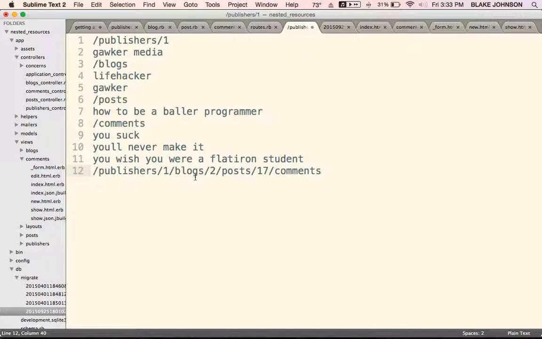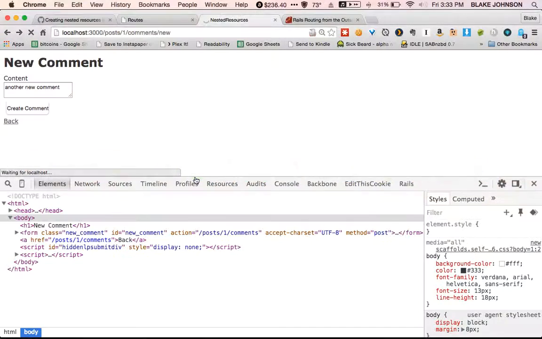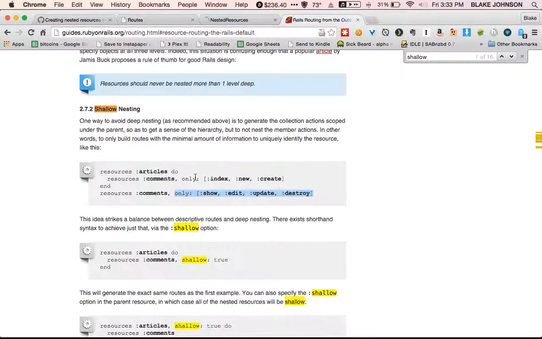I'd have to have this super deep nesting. Every time I created one of those comment helpers, it'd be like publishers, blogs, posts, comments path, which would be just like madness to write every time, and you'd have to pass it each individual object in every single helper. So our general guideline is never more than,